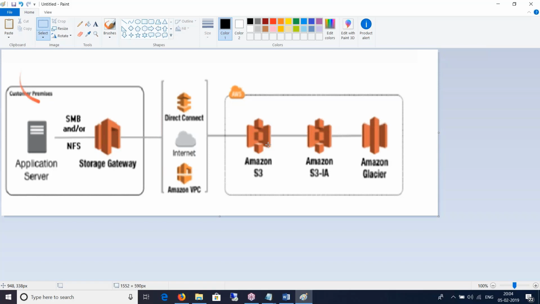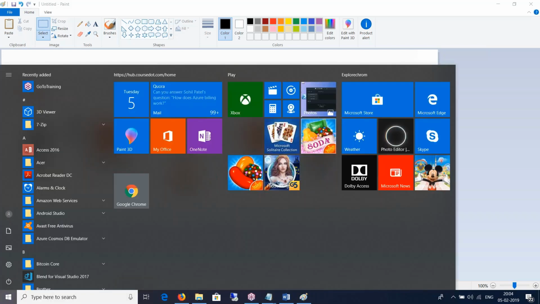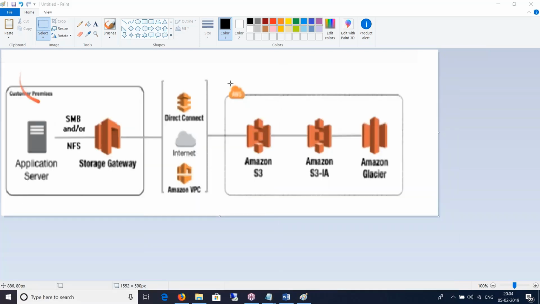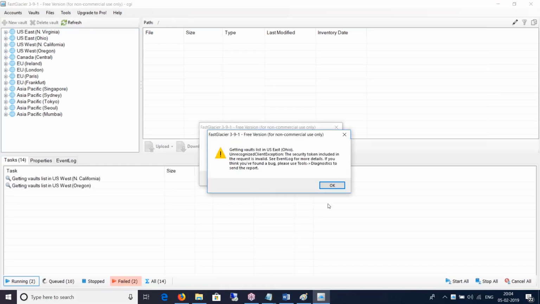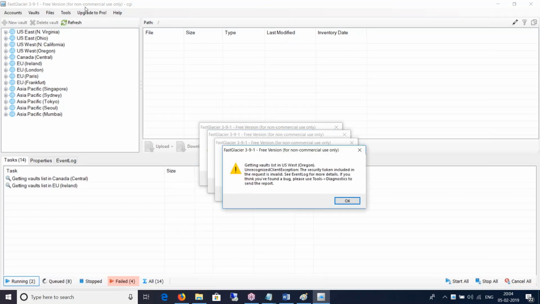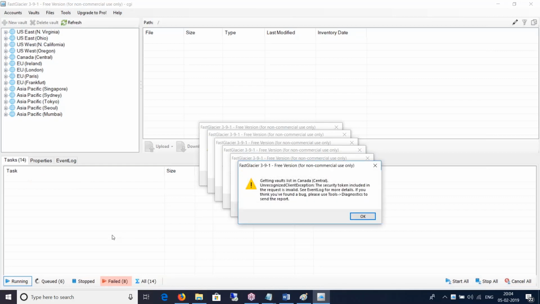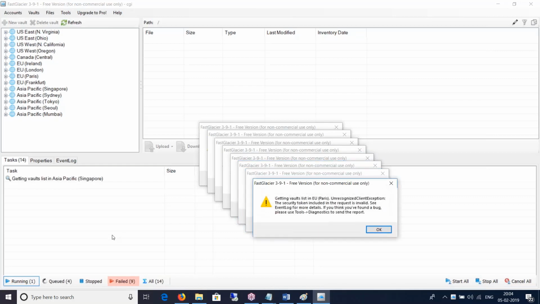So the object from S3 goes and sits in Glacier. The moment you need it, you do it manually. You launch the Glacier tool. Well, there is no Glacier tool from Amazon as of now. You use a tool called, what's that, Fast Glacier? Yes. So you can use Fast Glacier to connect to Amazon Glacier, and then it can pick up. It's failing for me because I do not have the access keys defined, which is okay, but I'm just showing you the tool. I can use this Fast Glacier tool to restore it, download it, and then upload it back to S3. And then the application can look at the content one more time.